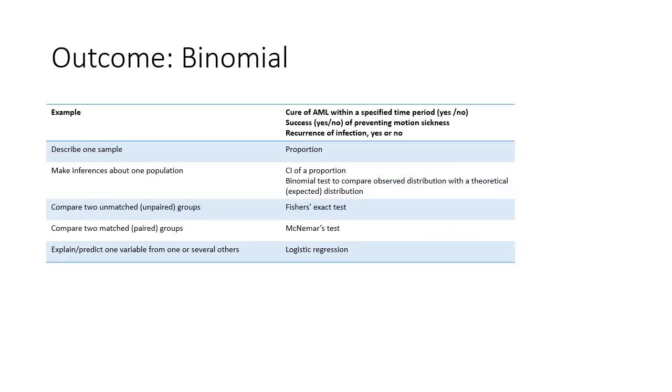Okay, looking at binomial outcomes here. So again, binomial just means what? Two different categories, right? So binomial is the nominal sort of data here, a nominal variable, but there's only two of them. So man, woman,